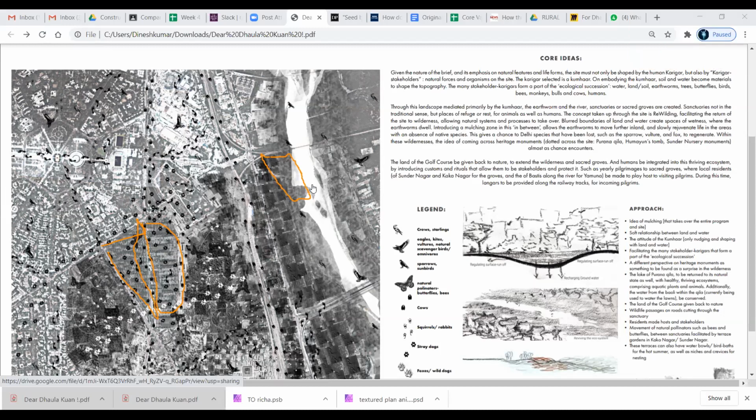So we essentially looked at the dialogue that the tree, the air, the monkey, and the river were having, and then we sort of had dialogues with each other from the perspective of all these stakeholders, and that's where we came up with this idea of having stakeholder karigars. And of the discussions that we had, I think the ideas that stuck were these.